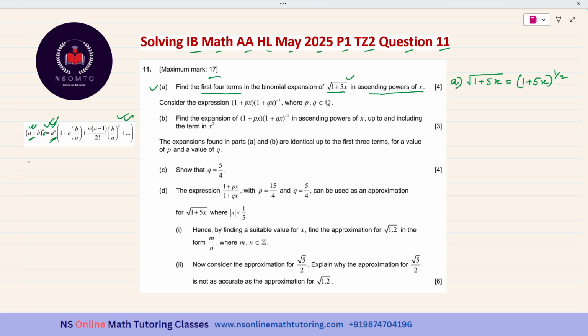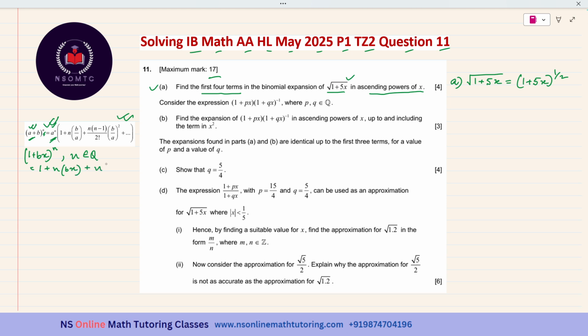The changed formula will be: if it is 1 plus bx raised to the power of n, where n is a rational number, then this is equal to 1 plus n times bx